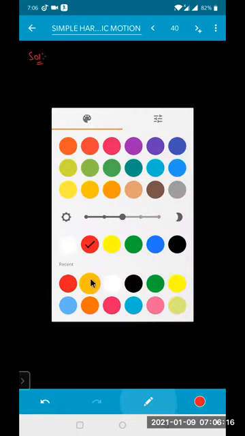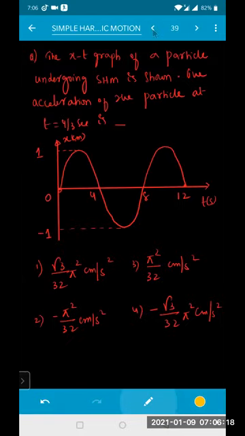So using the displacement formula, sir. See what I can do from that. The x-t graph of a particle undergoing an SHM is shown. The acceleration of the particle at t equals 4/3 seconds is asked. Now at t equals 0, the particle is at the origin, isn't it? So x is equal to 0.